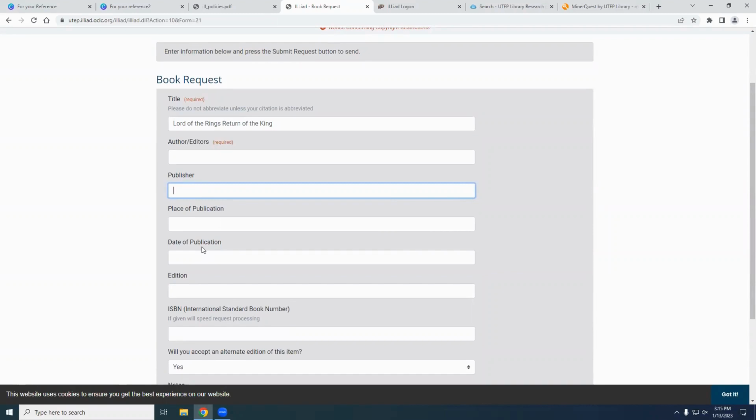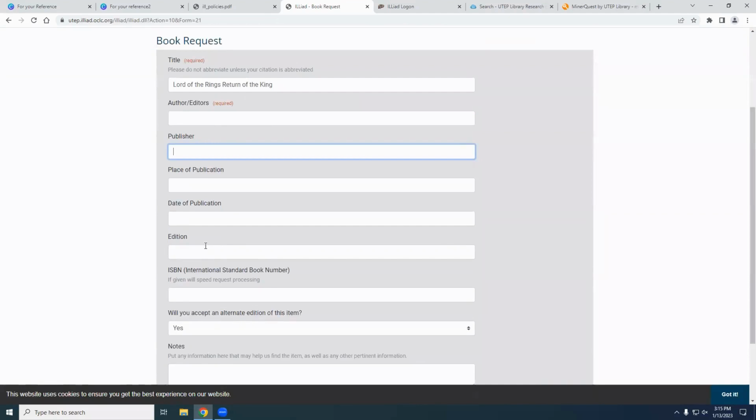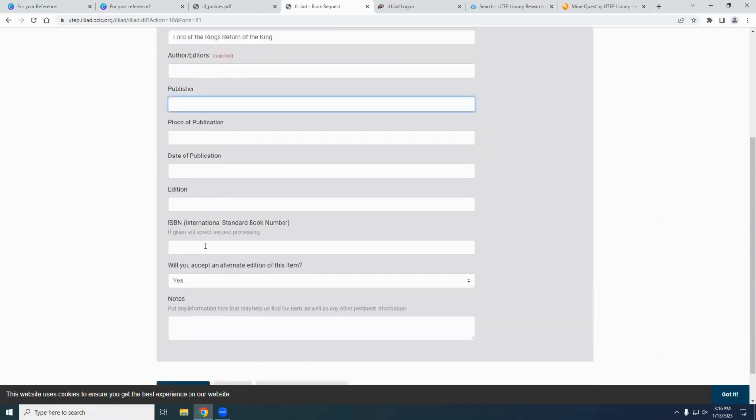The reason for that is that when you submit this form, they basically have to manually search this database through ILL that allows them to see which other libraries have access to it. And then they just request the one that comes up first. And usually that's the one that's going to be the fastest to get here. But the easier you make it for them to find the book, the easier it's going to be for them to get it for you. And the faster you'll get it.